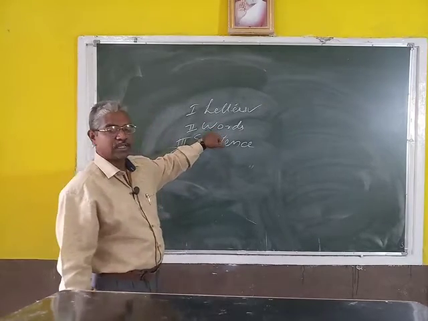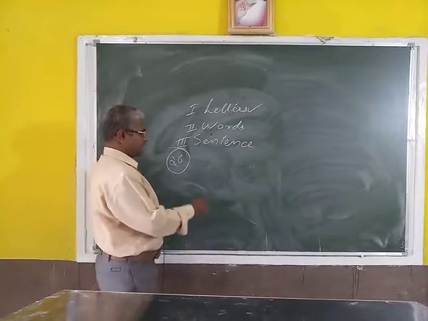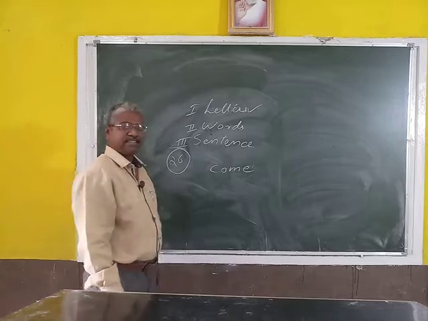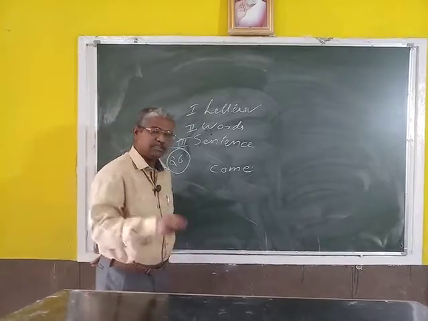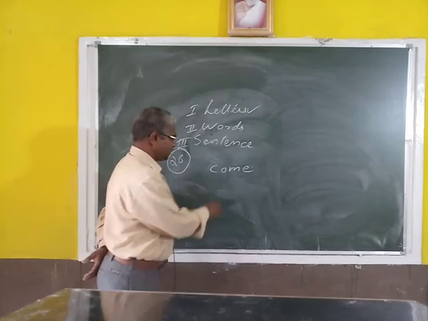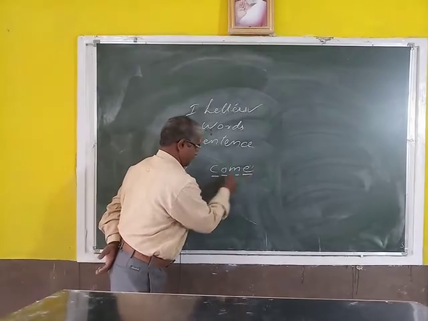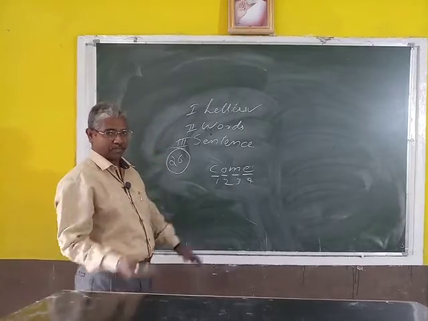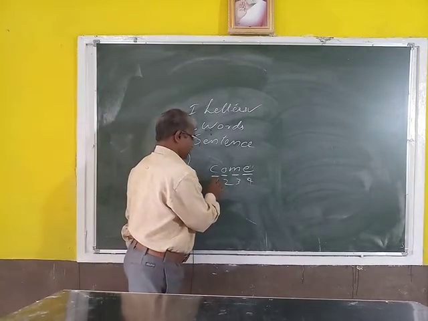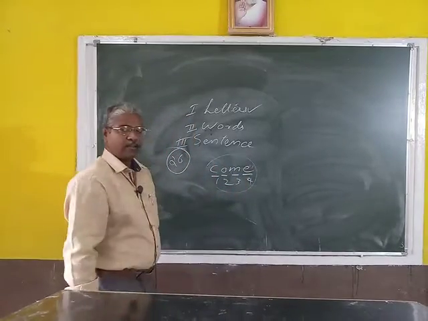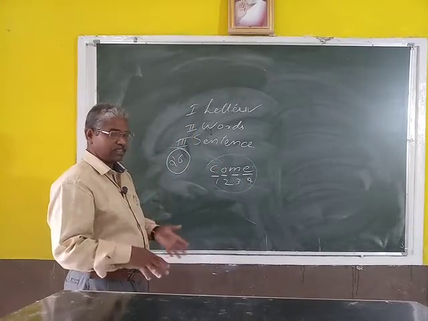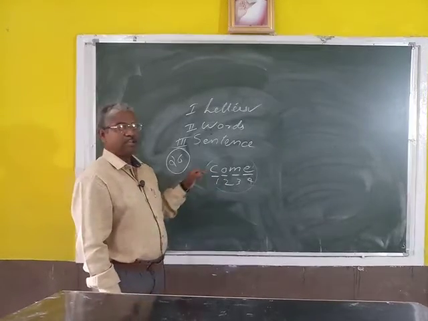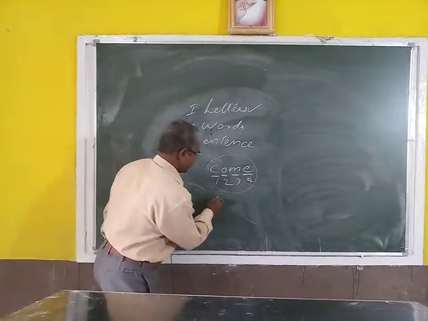The next stage is more important. Words. For example, I will write one example. C-O-M-E. C-O-M-E, here it is a group of letters. C-O-M-E. 1, 2, 3, 4. Here we used 4 letters to form a word. And C-O-M-E has a meaning. So, what is a word? A word is a group of letters. It gives a meaning. Otherwise, we can say in another term,